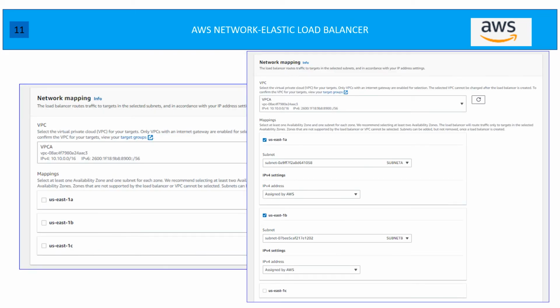This is a very important step. Under the network mapping, basically you need to mention what is going to be the VPC. I have three subnets created, but I'm only going to use one A and one B. If you recall, I initially explained that the moment you choose these availability zones, however many zones you choose, AWS is going to launch or spin up